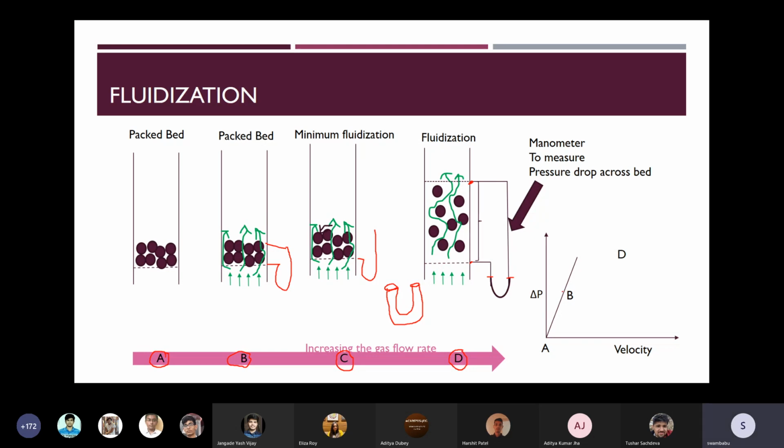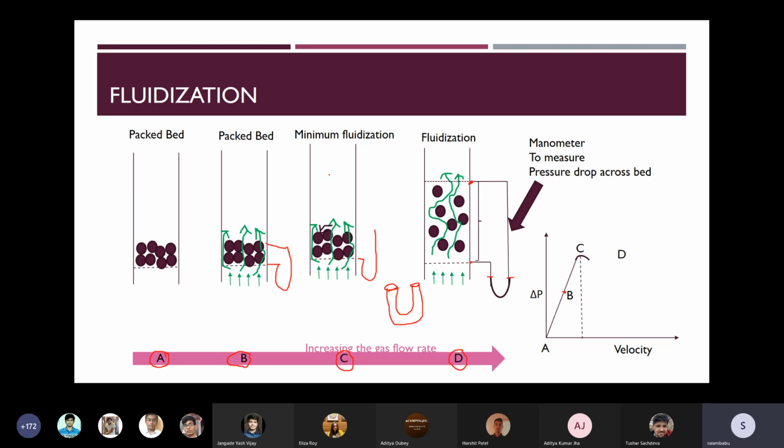When I increase the velocity up to a certain point, the pressure drop across the bed increases because the pressure drop is proportional to velocity. I'm sure all of you know delta P equals f L V square by 2D. Here V is velocity. Velocity increases, pressure drop increases, so delta P is proportional to V square. So when the velocity of the fluid increases, from B to C the pressure drop increased because the velocity is increased. But once it attained